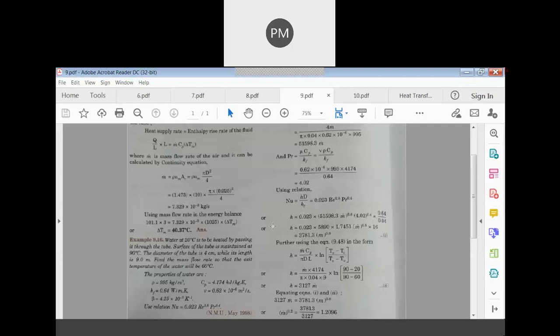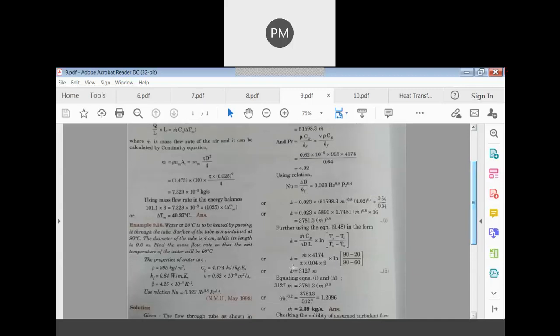Okay, what is the k value? 0.64. Here they have written 0.64. Diameter, when it comes to the right hand side, it will become the denominator. Diameter of the pipe, 4 centimeter they have given, so it is 0.04 meter they have written. How did you get this? This is nothing but hD by k there. When it comes to the right hand side, it will become k by D. So h has been done here.